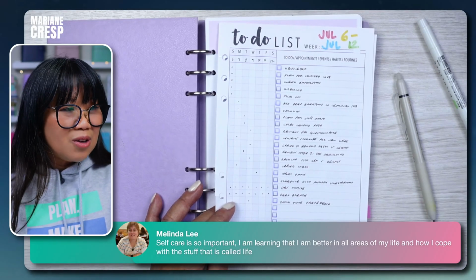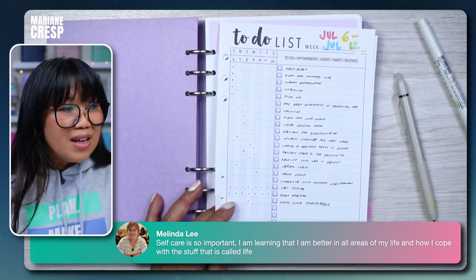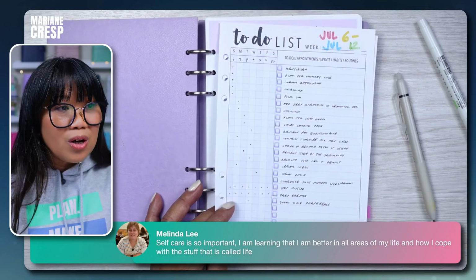Melinda says self-care is so important. I'm learning that I'm better in all areas of my life and how I cope with the stuff that is called life. All right, so I want you, remember, have a think of this, the analogy, 2 analogies,